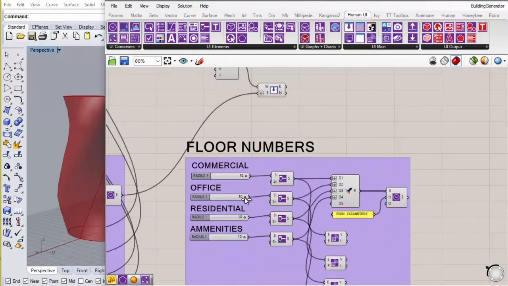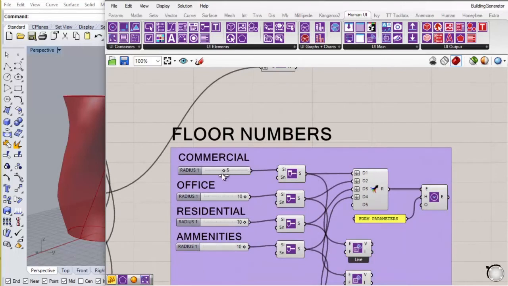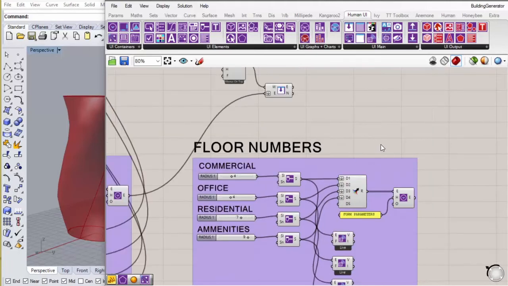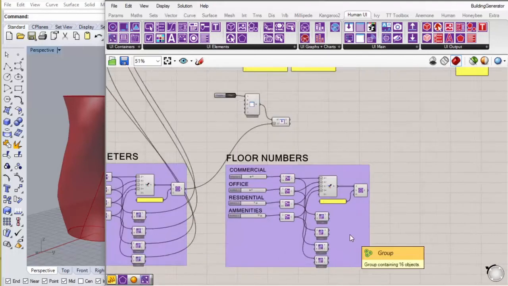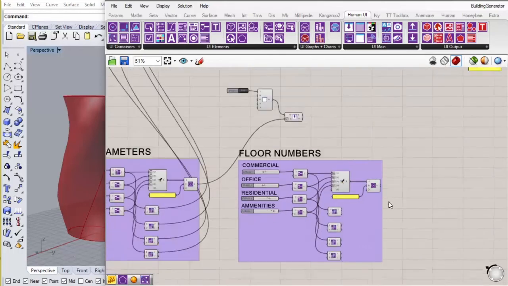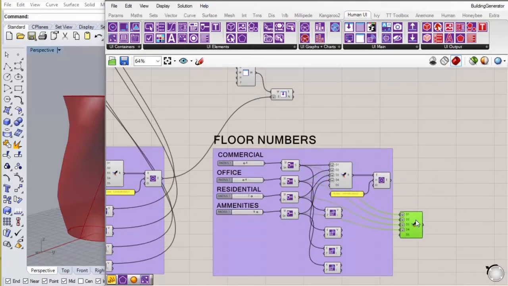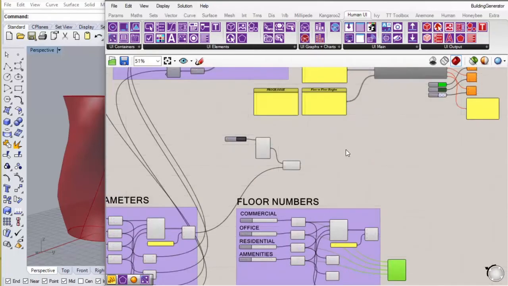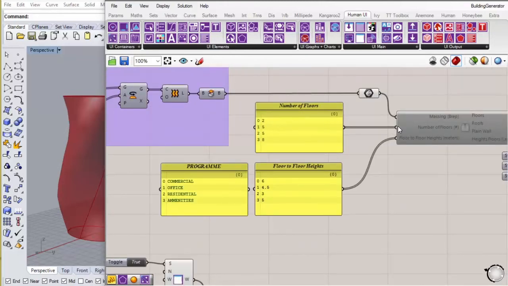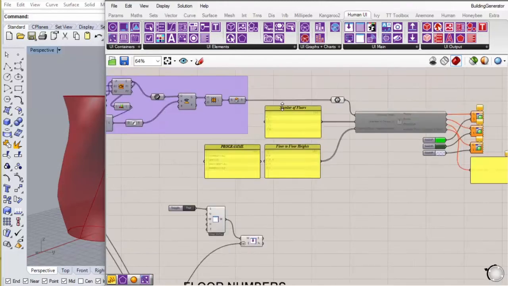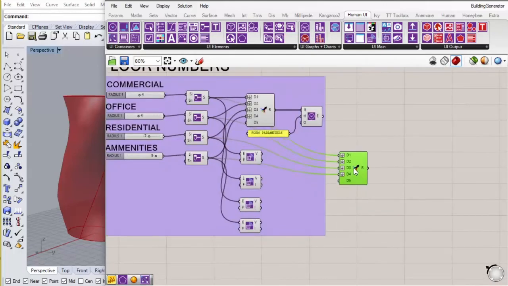So once again, this is going to be placed into our window. Then the window is going to send us back values, and those are going to be put in as a replacement for what we had previously. So since the number of floors was input into this component as a list, let's just make a list to replace it using this merge component.